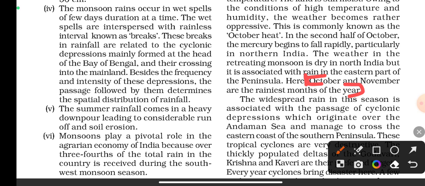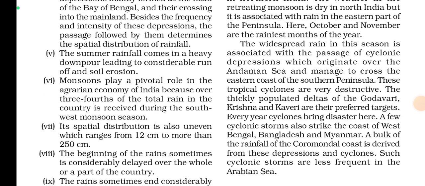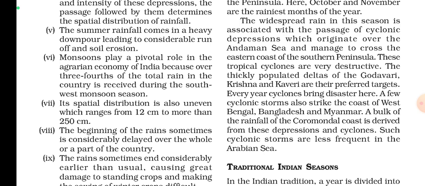Part of the peninsula, that means southern India. So here October and November are the rainiest months of the year. The widespread rain in this season is associated with the passage of cyclonic depressions which originate over the Andaman Sea and manage to cross the eastern coast of